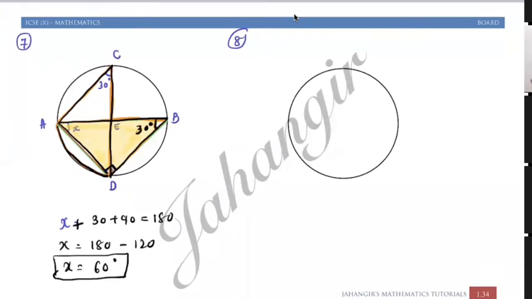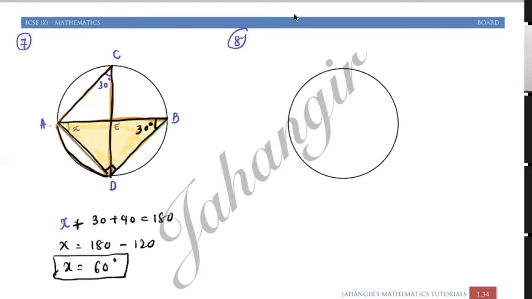Sir, can we also take angle A as 90 degrees? Not A, the angle formed on the circle from A and B is 90. Okay sir, then CD would also be a diameter if AE is a diameter? Is there anything mentioned in this question? If they had mentioned that it is passing through the center, then it is. They had not told that E is the center of the circle.